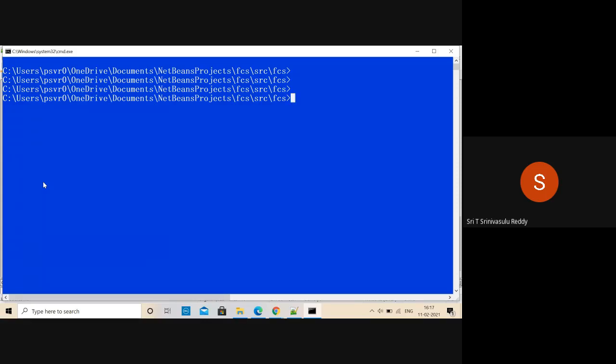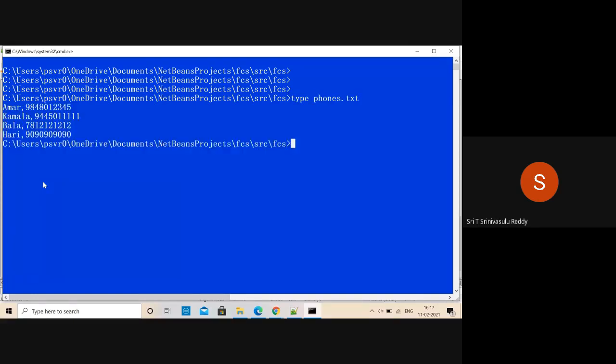So now the compilation part is done, but how about this? What is the file name that we have specified? Phones.txt. This is the one that contains the data. So now we'll specify java followed by phone search. You have to specify java followed by phone search, and then the file name, phones.txt. It's going to load. For our understanding we have entered only 4 lines, but this can have 1 million records also. Still, it's going to work. That's the beauty of it.